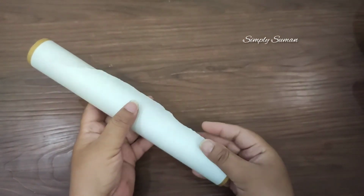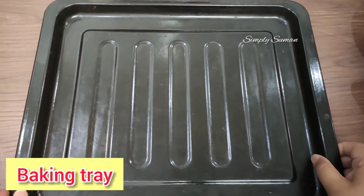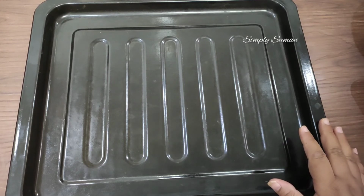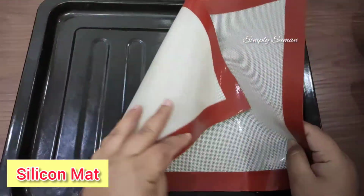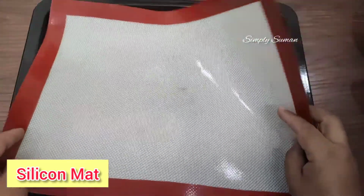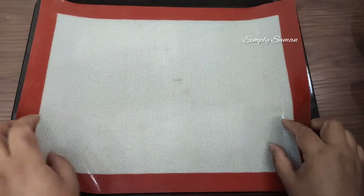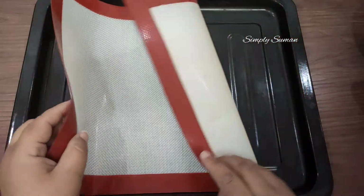And next, this is the square non-stick tray. This comes with the oven and you can buy it separately also. These trays are usually used for making cookies. And this is the silpat or the silicone mat. You can make cookies on this, or you can make pizzas or any kind of desserts. You can even make chocolates on this. This is non-stick. And if you're making cookies on this silpat, your cookies will not burn from the